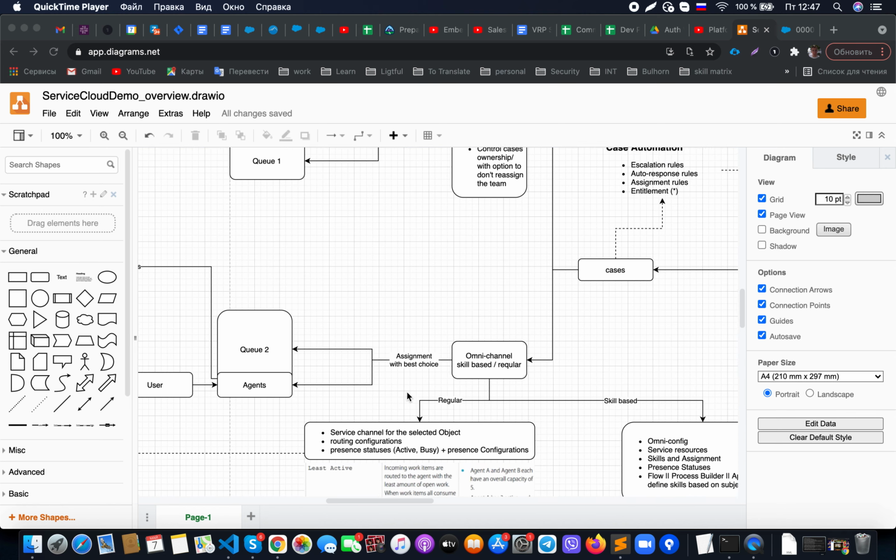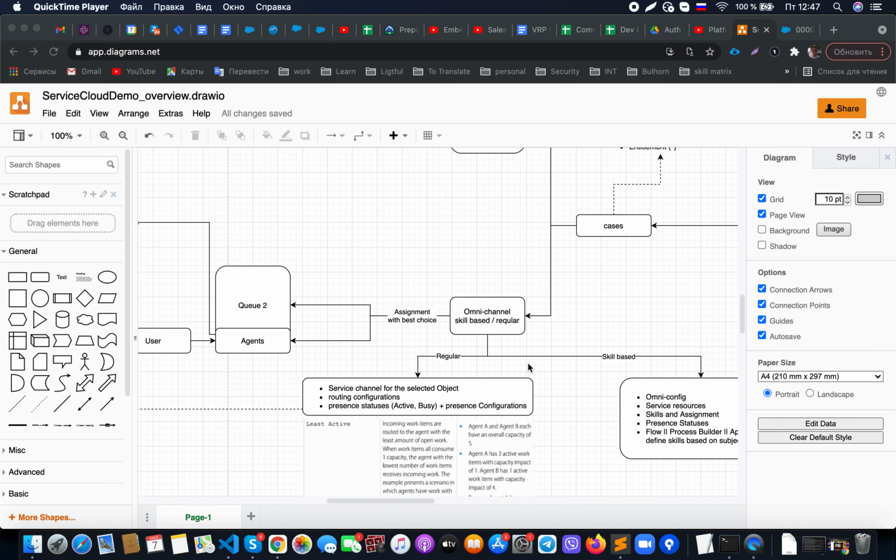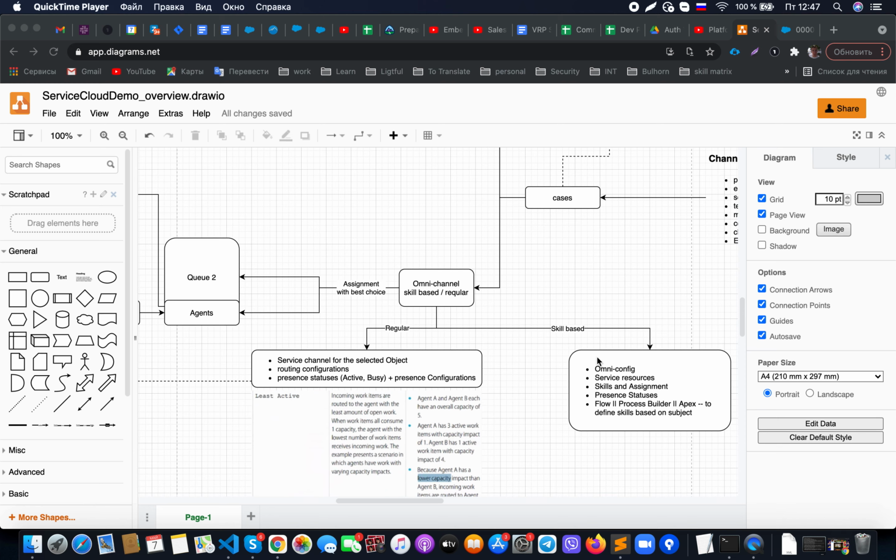Also, here we have a slightly different way to configure omni-channel: skill-based configuration. In this case, we also need to create an omni configuration. We will need to create service resources for the agents and connect them with specific users. After that, we need to specify the skills required for our organization. So let's imagine our organization works with product 1 and product 2, and supports 3 or 5 different languages. For each of these items, we will need to create a separate skill and assign them to the